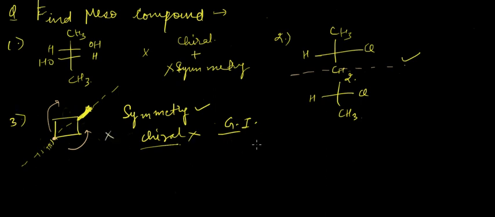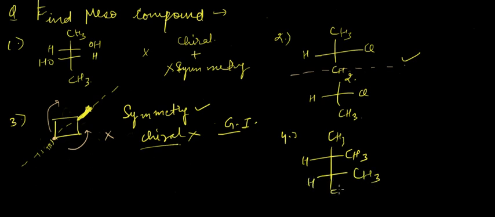Let us look at another example. We have here CH3, CO2H and CO2H and another CH3 here. Okay, so we have something like this. So is this a meso compound or not? So it's not a meso compound. Why? Because this is not chiral. Okay,